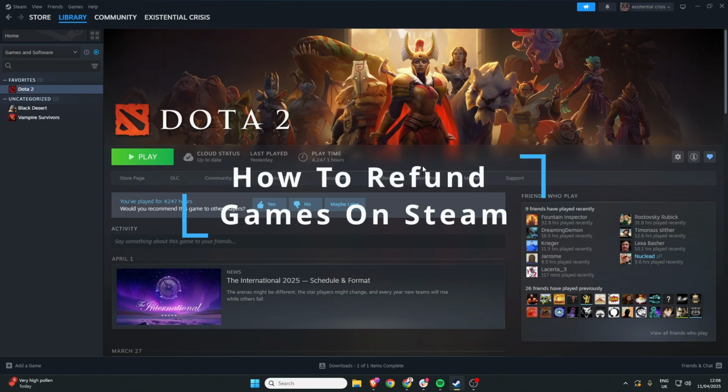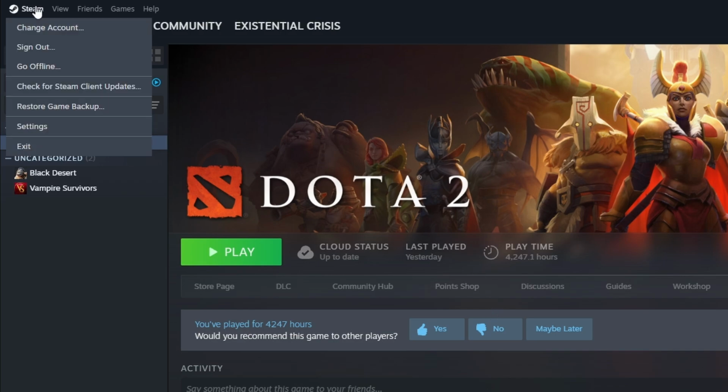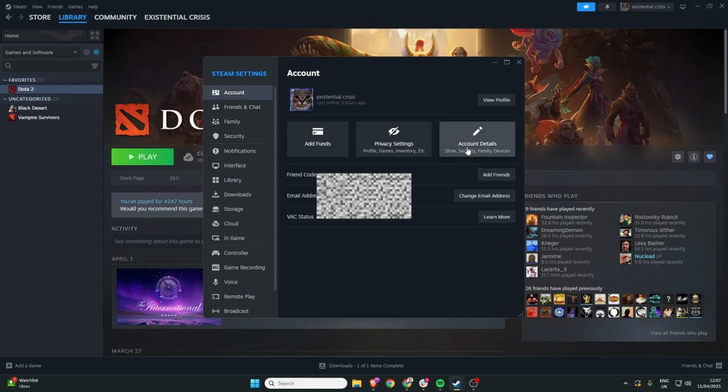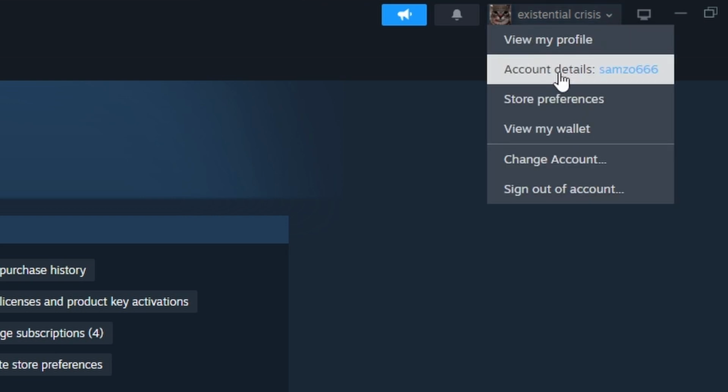In this video, I'm going to show you how to refund games on Steam. The first thing you want to do is go over to the top left corner, click Steam, then click Settings. Once here on the right, you want to click Account Details. An alternative method of doing this is in the top right corner, clicking your name, and then scrolling down to